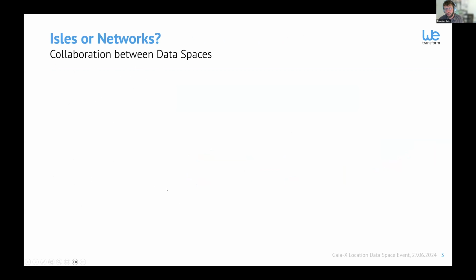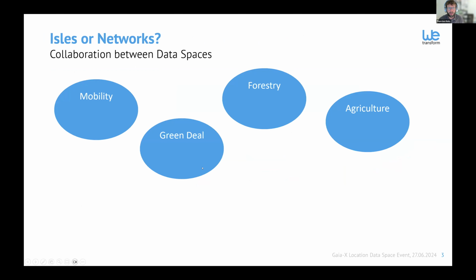So one of the common questions that we often see being discussed when it comes to going to data spaces is whether we are actually talking about islands or networks. I think it's pretty clear that each of just these four examples is already a really complex data ecosystem. But, and that was also highlighted in the presentations before, and it's a general topic of today, of course, there's a common element to these, which is that often geospatial data is a key component of these data spaces